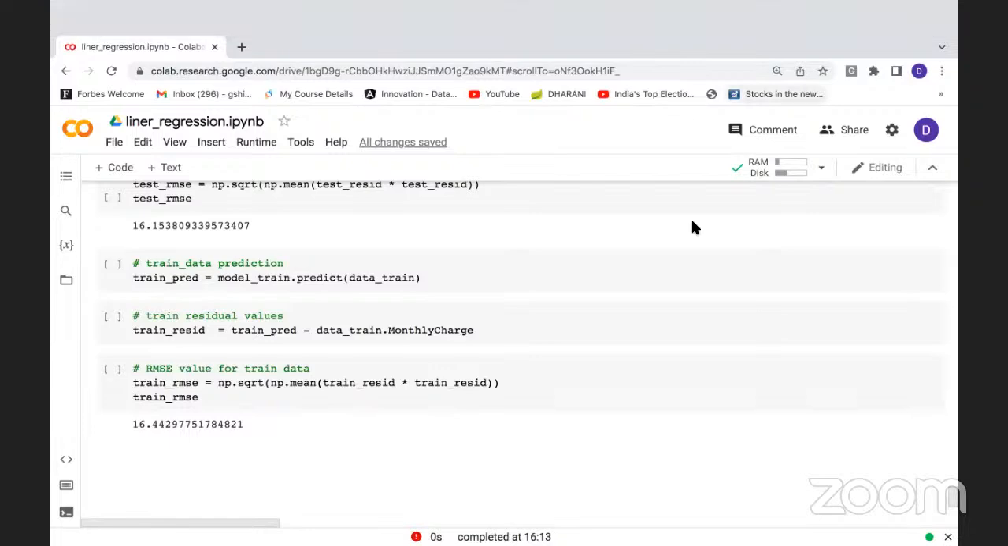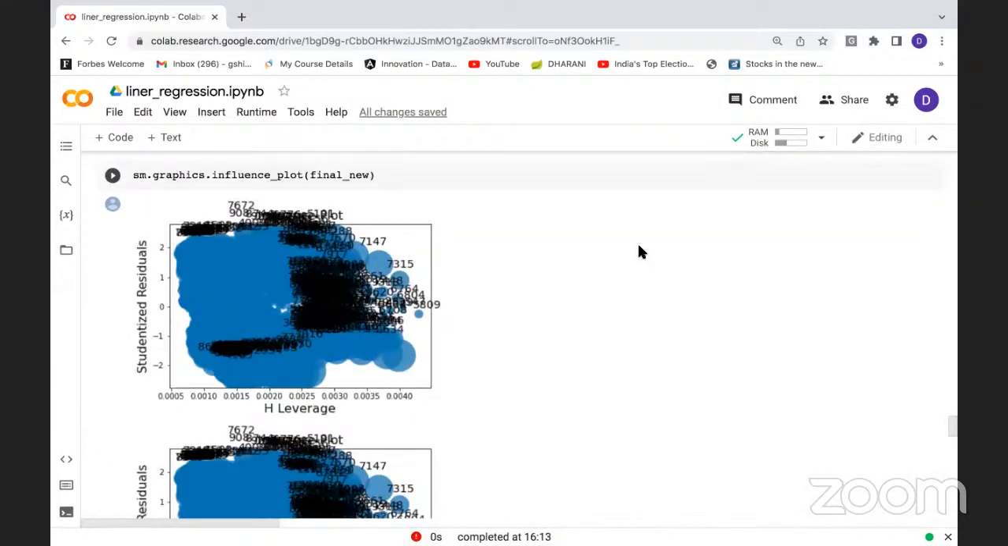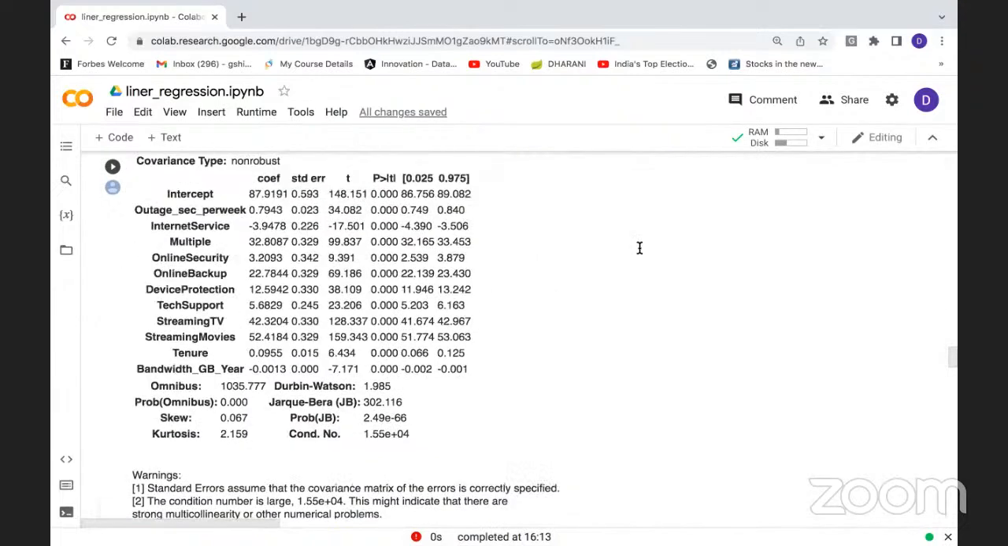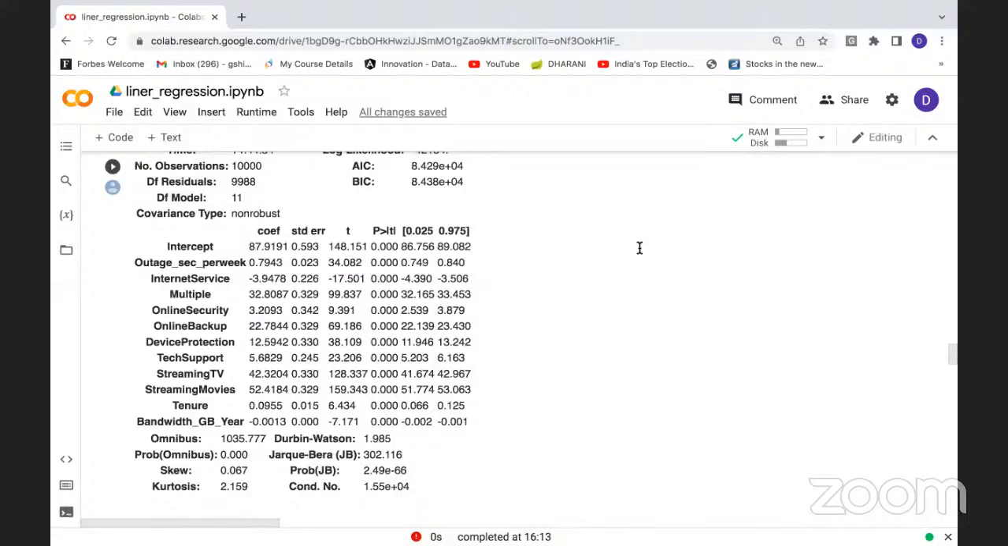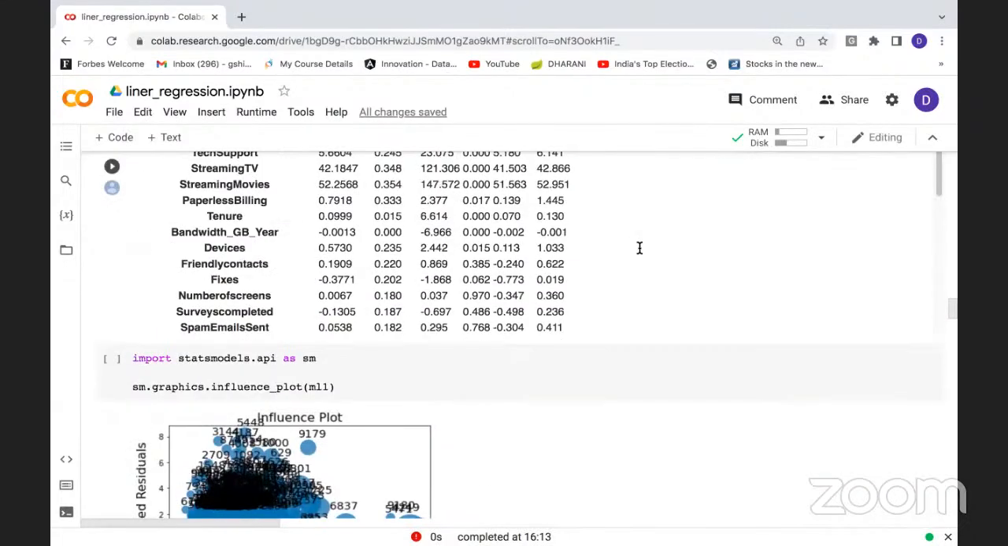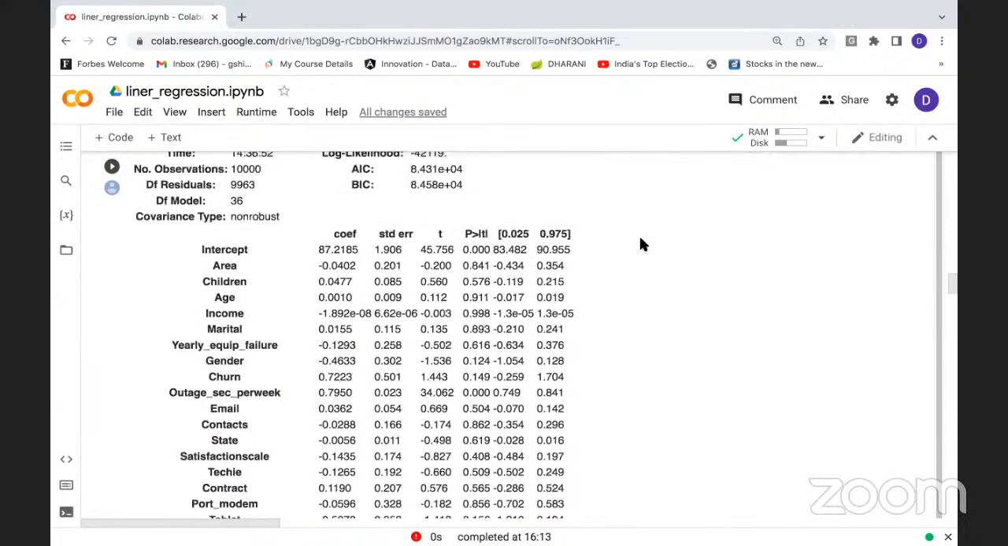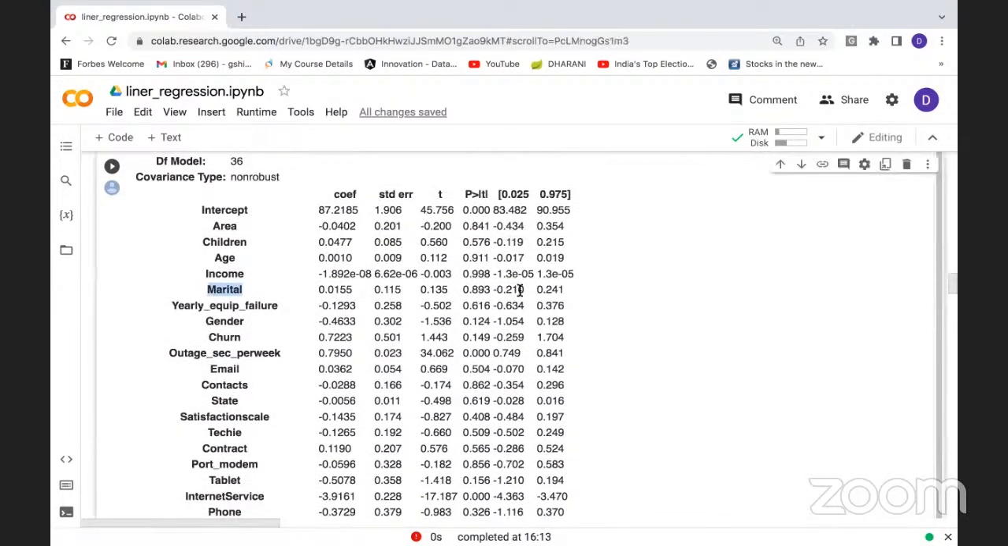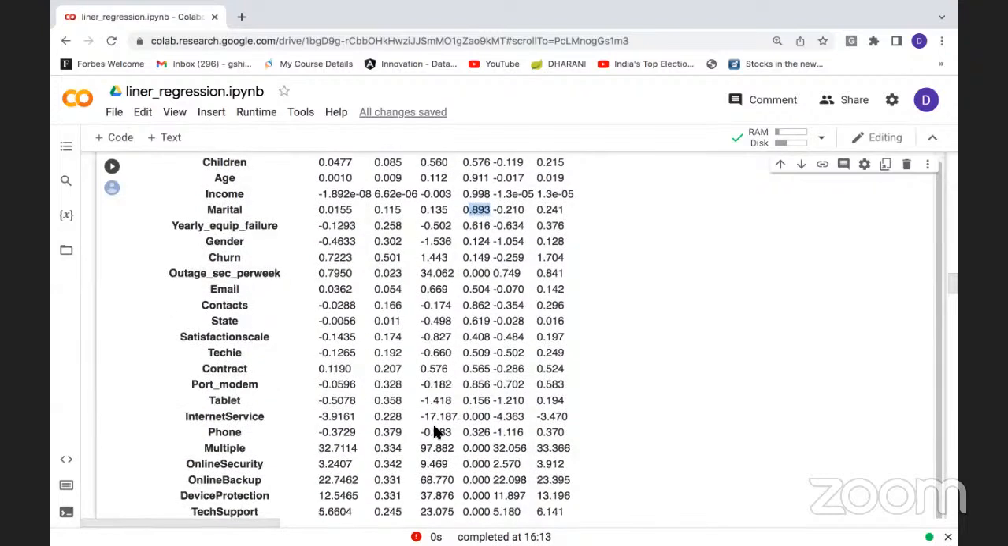So Y is, first you build multiple models. The second thing you can do is, instead of ignoring them, you can add a few inputs which you feel are very, very important. Now you have to go and understand in a deep dive why marital status is not important, whether he is married, widowed or divorced. That doesn't help in predicting the monthly charge. That's why the p-value is 0.893, very, very high. If you see none of the values here: phone, tablet, modem, contract, techie,